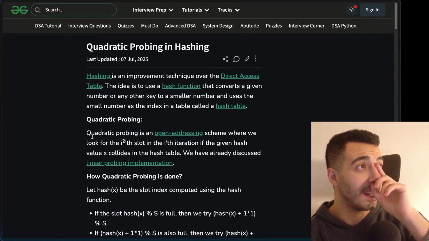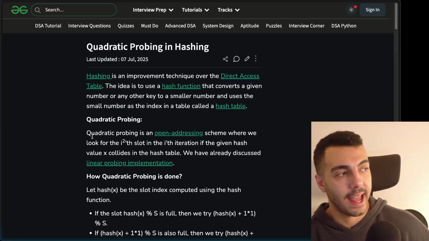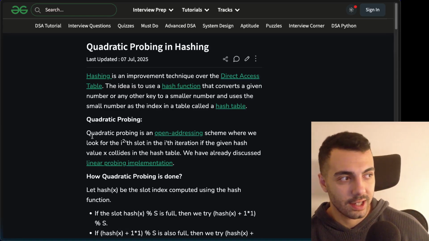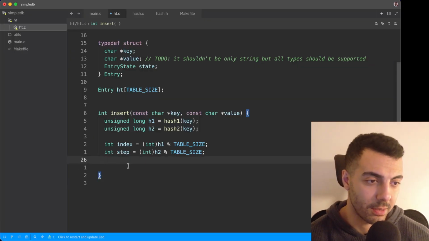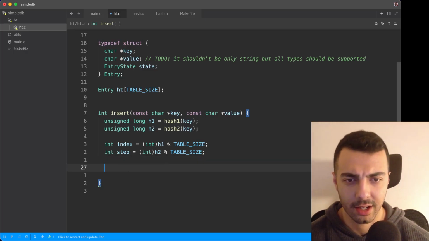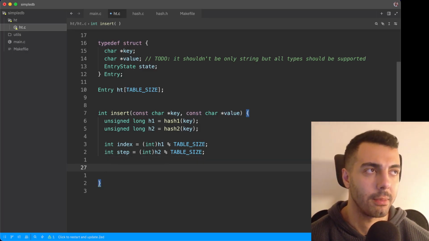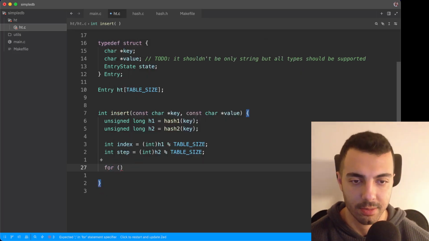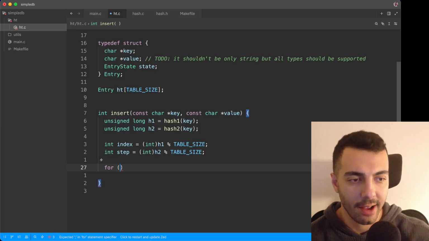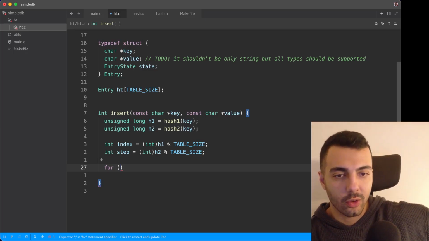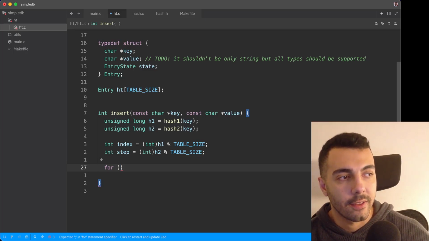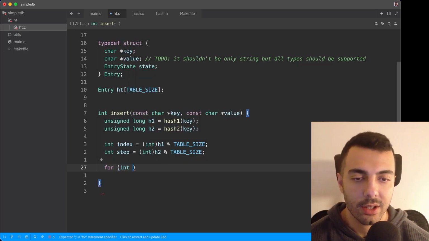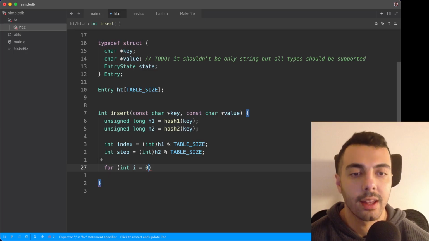But the point is, if you use something like double hashing and create a function that generates the next closest one based on something called index and step, that's going to be really efficient. Let me write out how the probing looks, and then maybe you will understand what I mean. It's really hard to explain. So I'm going to have a for loop because I have to iterate and try different probes in order to see if I can find the next empty one. I'm going to start from i,